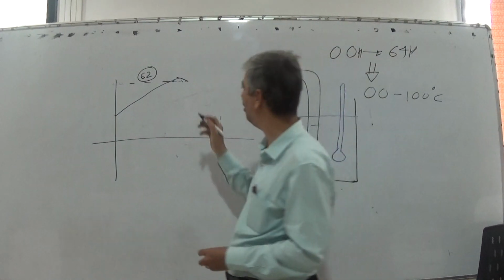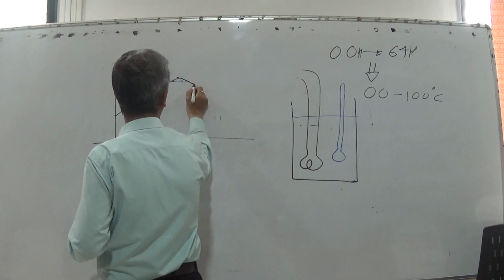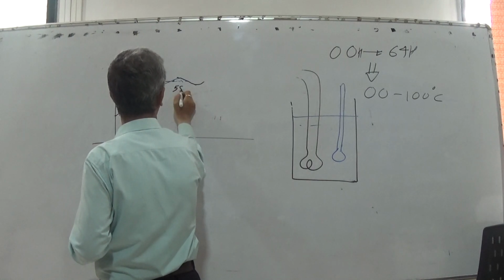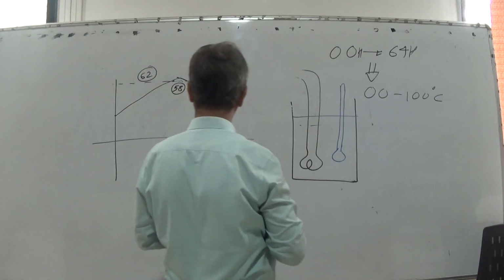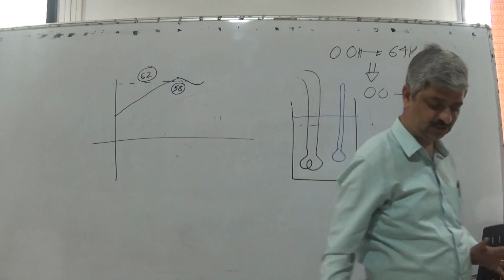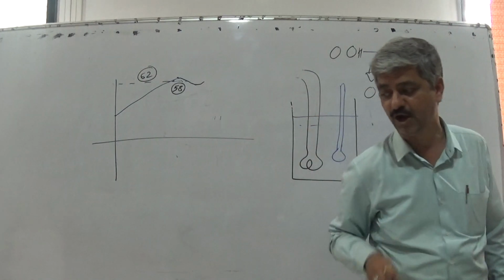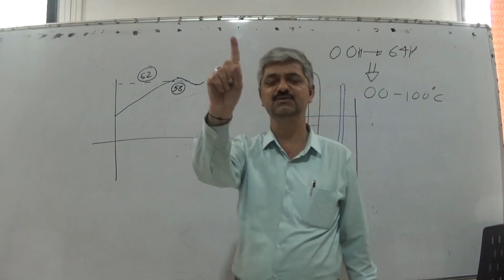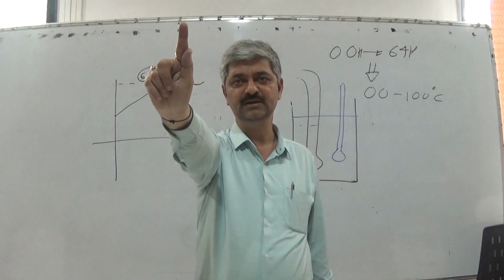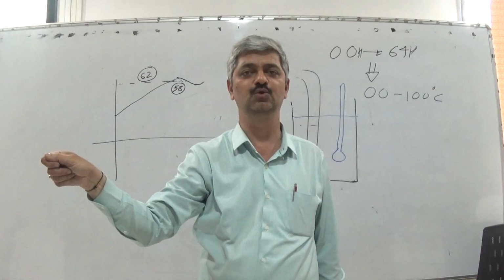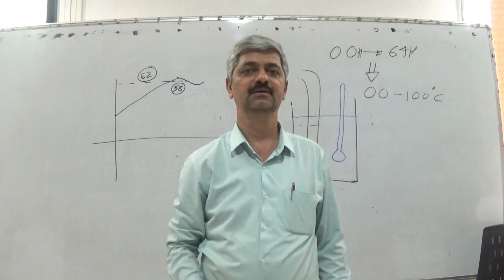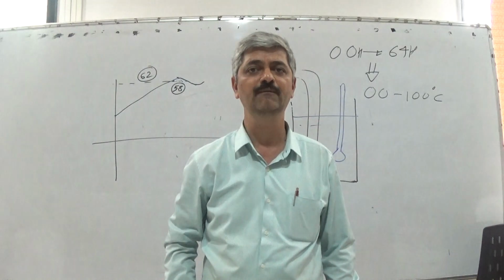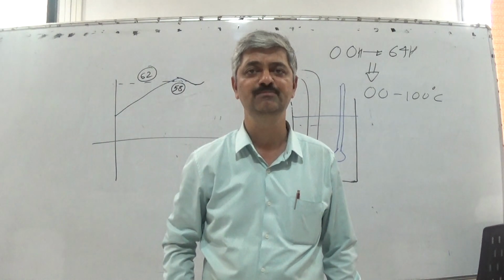But even if you put the heater on, it will continue to fall for some time, and then again starts rising, and maybe it falls to 58. Is it clear? So this is called on-off control. What you do? Your eyes watch the thermometer, your hands control the heater. Thermometer showing above 60, put heater off. Thermometer showing below 60, put heater on.